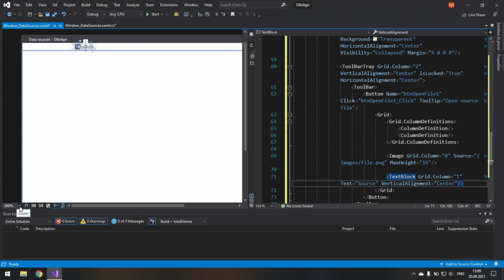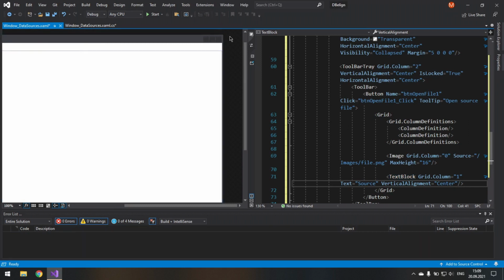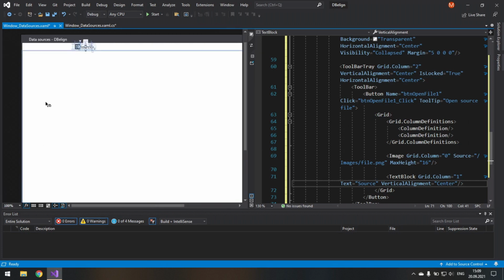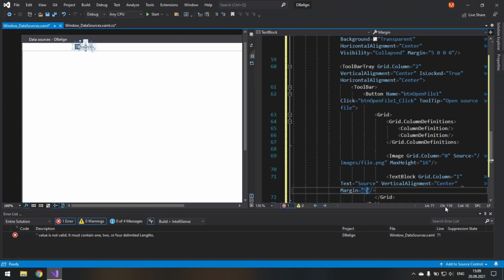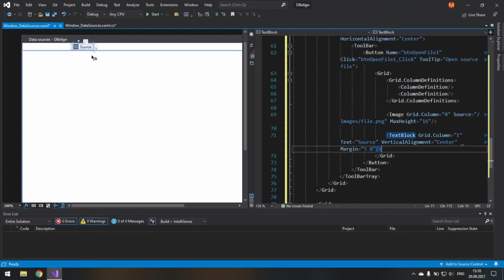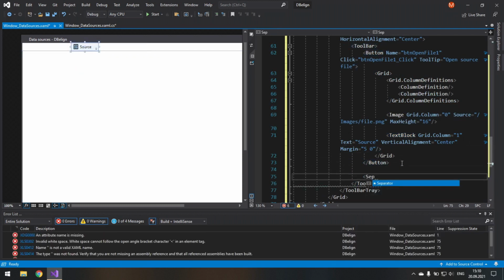Oh, and if you are at a loss or have not checked the demo, in the left text box we will load text that will be fragmented into cells that we'll get in the first database column, and the second text box will be fragmented into cells that will go into the second column in the database. And then we will be able to match them as we need. I will give it a margin of 5 on sides and 0 on top and bottom. Then I will put another tool, and to separate them I will use a control called separator.